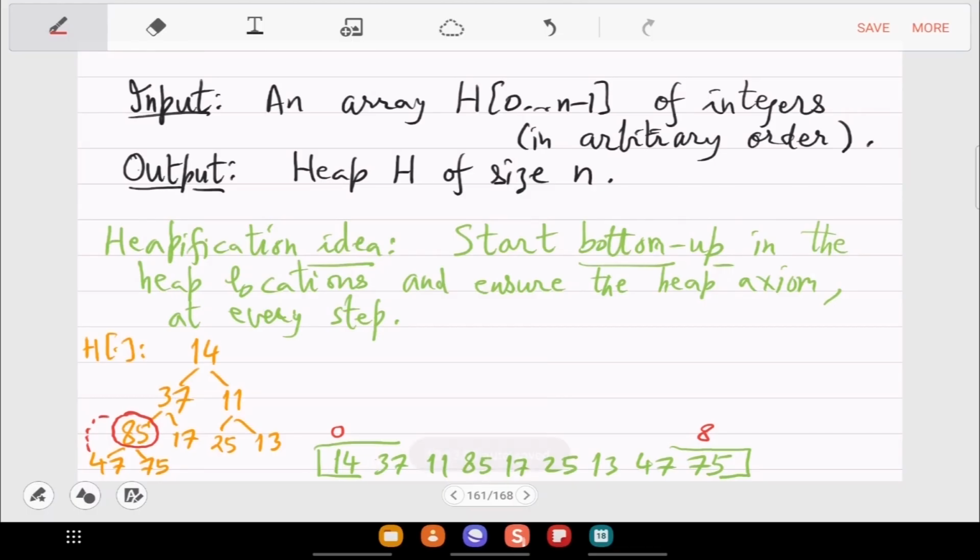Yeah, just look at the second last level, the level of height 1, look at that. And then from there you go above. So height 1 here is this level that starts with 85. So there you see the first violation already. Notice that it is violated by both the children, but there is no point exchanging with 75 because this still will continue the violation. So it is best to actually exchange with the minimum child. So exchange with 47.